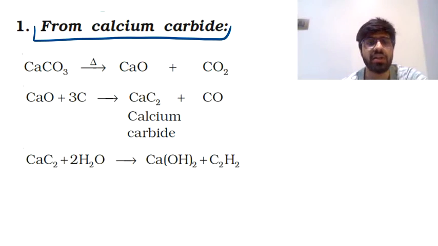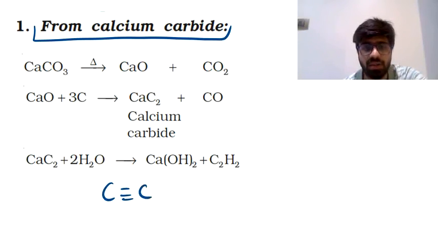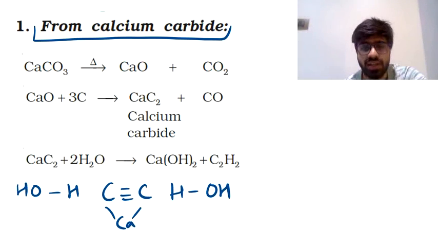Now calcium carbide is made to react with water, and you can simply add water to calcium carbide and that will give the formation of acetylene, that is ethine, and also form calcium hydroxide. Calcium carbide, you can say that the structure is something like this. There's a C triple bond C and there's one valency of carbon atom which is left over, and that will be satisfied by calcium, and H2O can be imagined in this manner, H and OH, and then you can again write H and OH. So we can say that these three groups are going to go together.